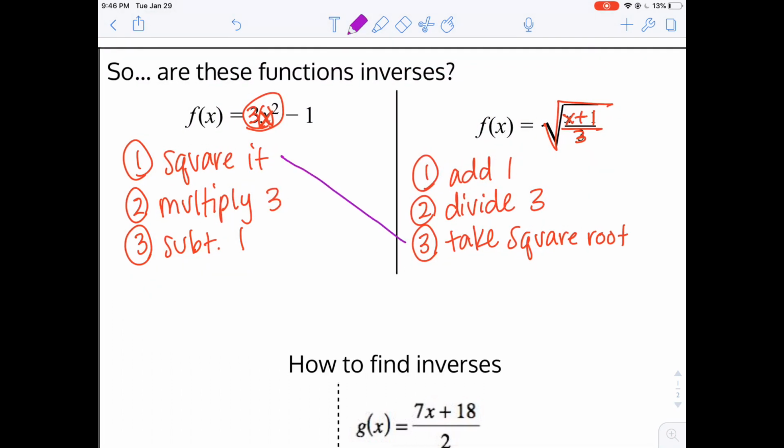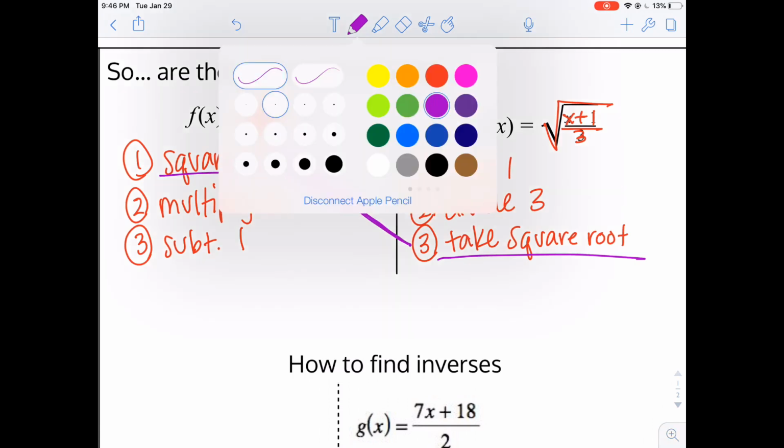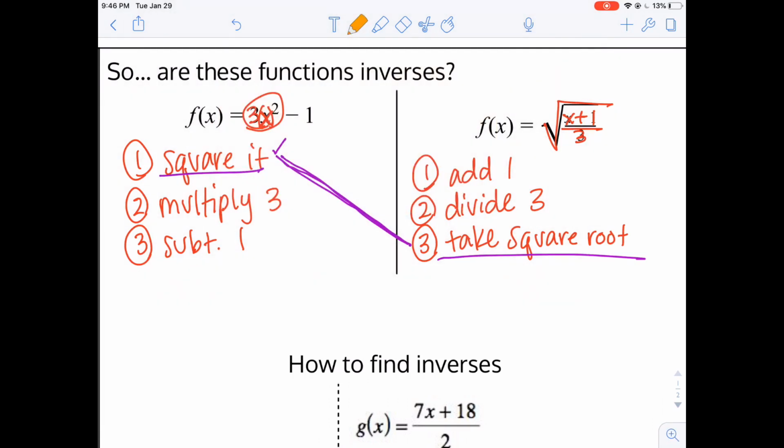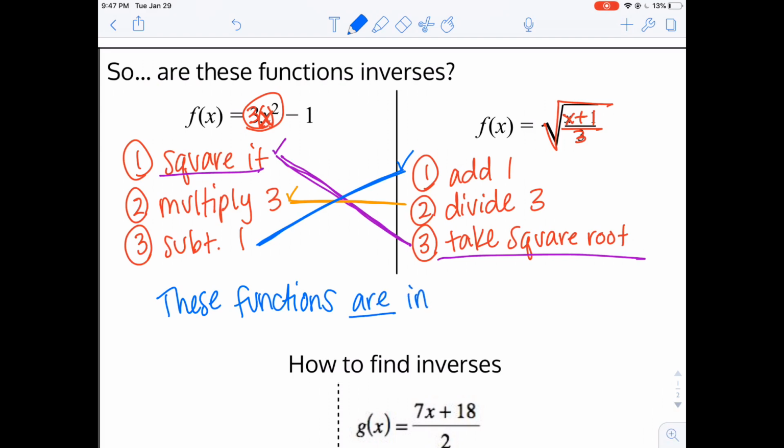Okay, so I'm going to look at the opposites. First and third: square it and take the square root, opposites. Yes, they are. So I know that that one's good. Then I'm going to look, is multiply by 3 and divide by 3 opposites? Yeah, they are. So that one's good. And then subtracting 1 and adding 1, are those opposites? Yes, they are. So I would say these functions are inverses